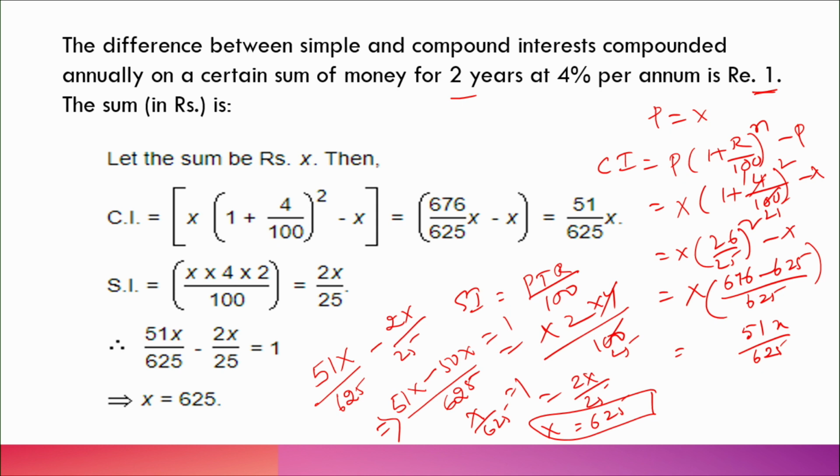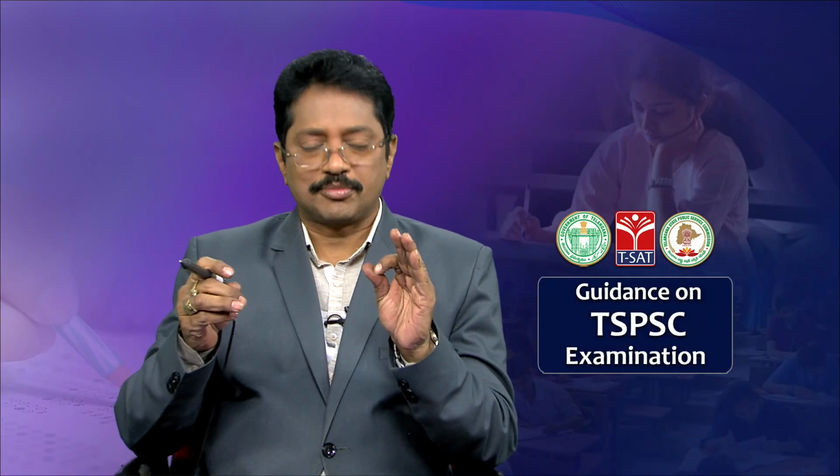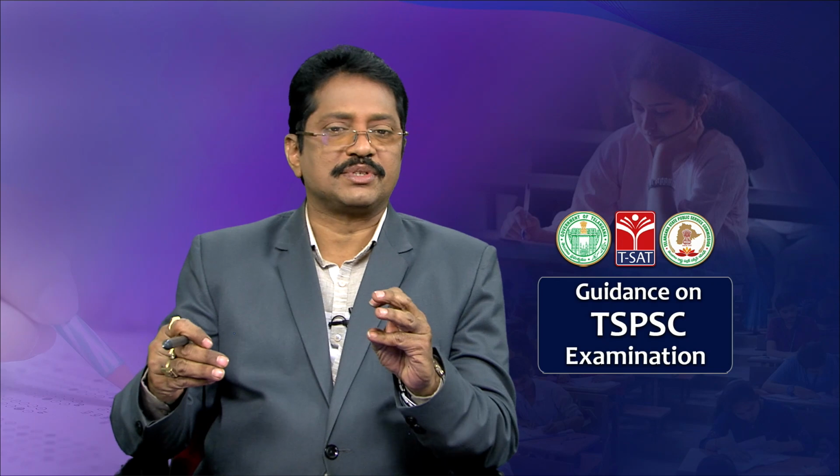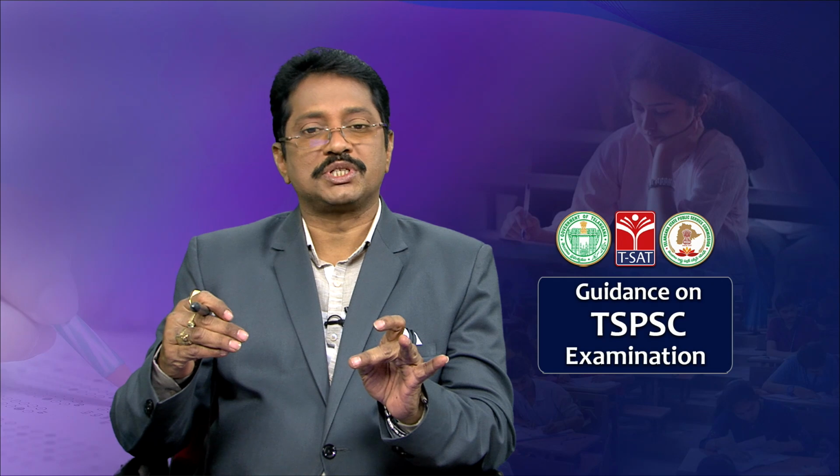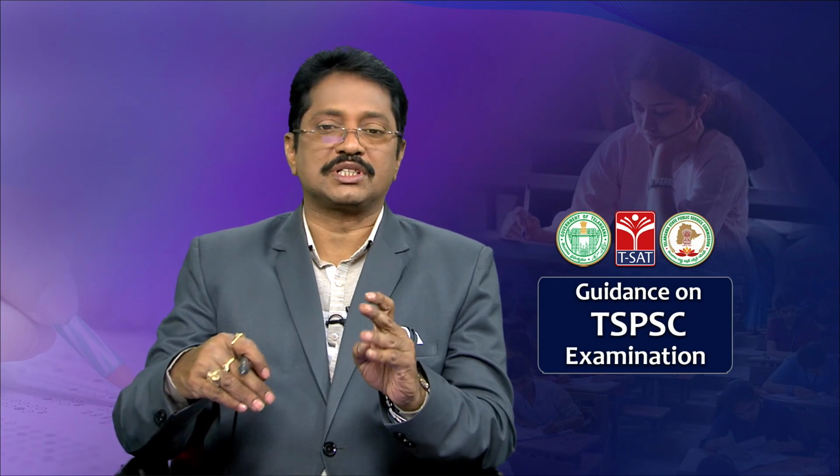So like this you can calculate the amount. This is the most important thing you have to calculate. Very simple, there is no difficulty at all. Especially in data interpretation, when you consider any concept, maybe time and distance, maybe time and speed, or ratios and proportions, direct proportion, inverse proportion, or now compound interest and simple interest, take any concept in data interpretation, it is very easy, based on formulas you can calculate the value easily, clear. Okay, now we are shifting to the next.